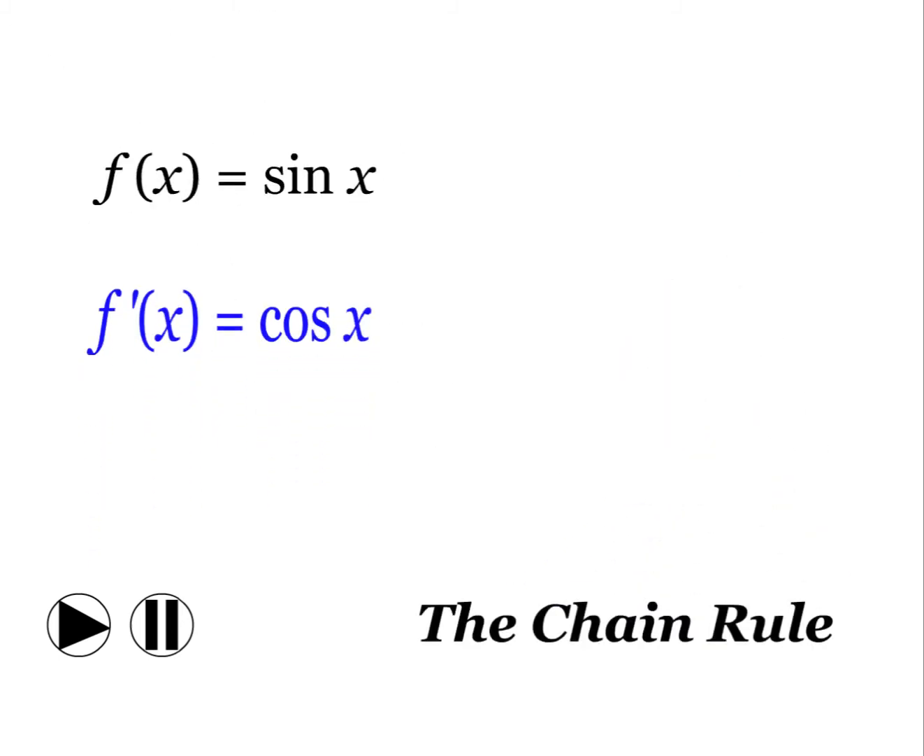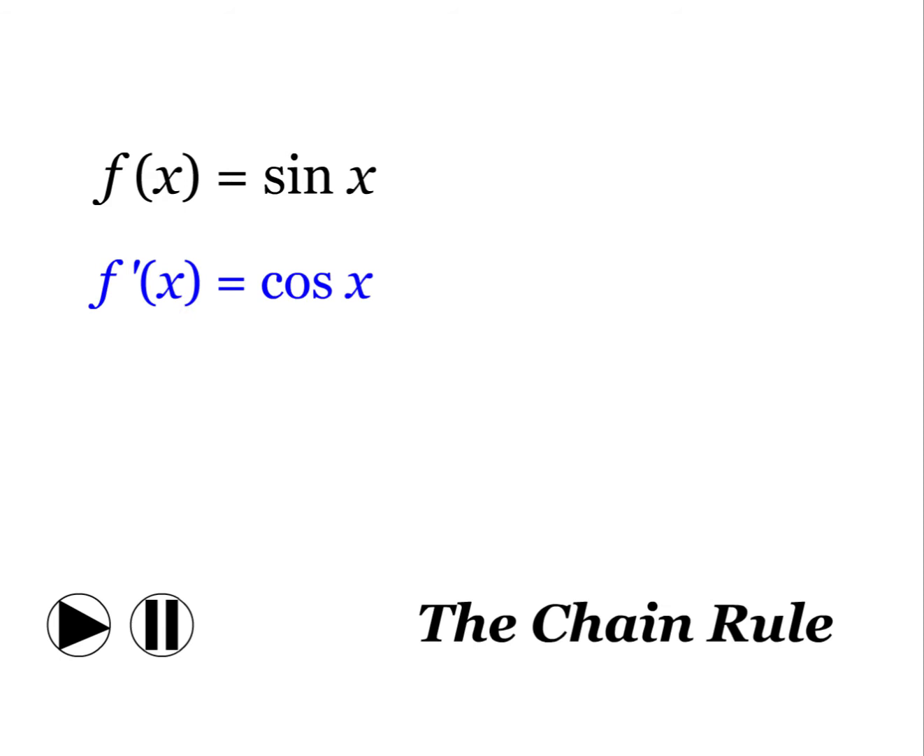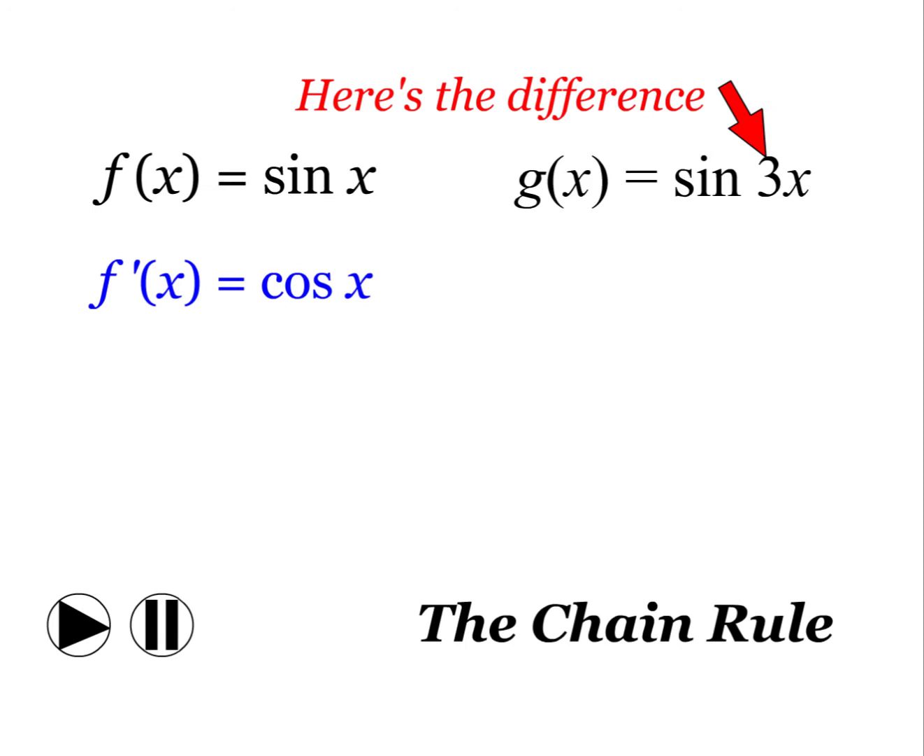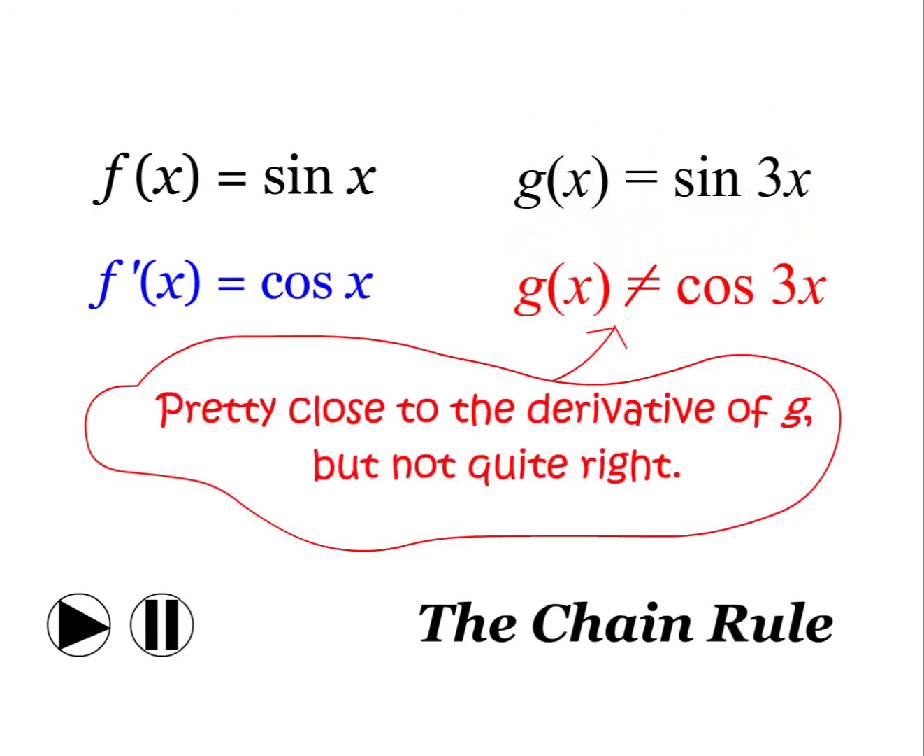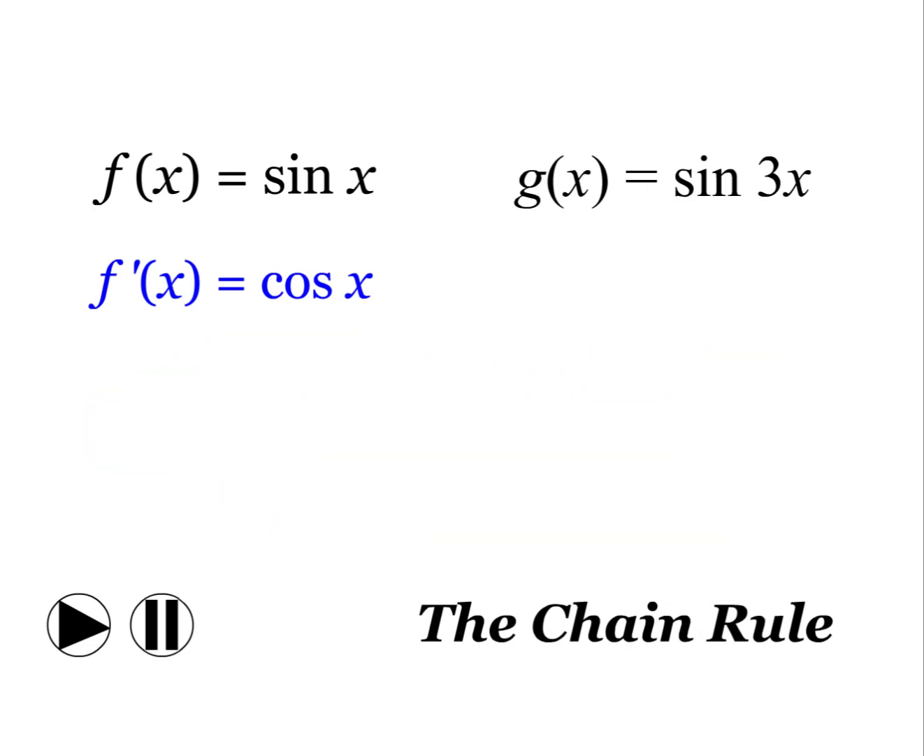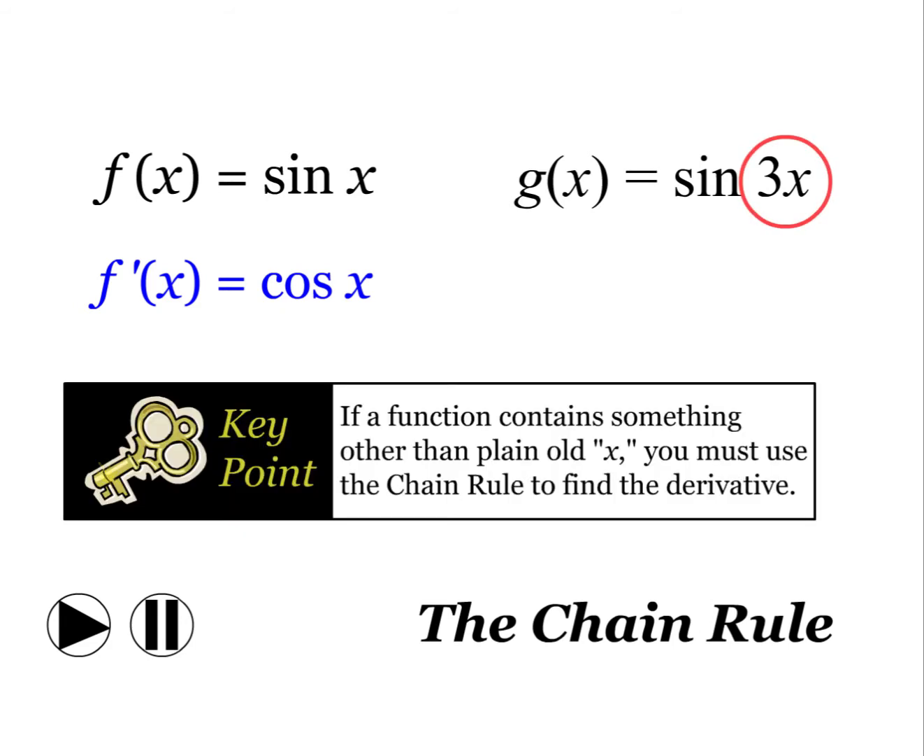If you're going to try to find the derivative of sine of x, you probably know already that the answer is cosine of x. However, if you want to find the derivative of sine of 3x, well, let me tell you something, it's not cosine of 3x. It's close, but it's not quite right. The problem is that there's a 3x inside that sine, instead of just a plain old x. You see, whenever a function contains something other than just plain old x, you need to use the chain rule